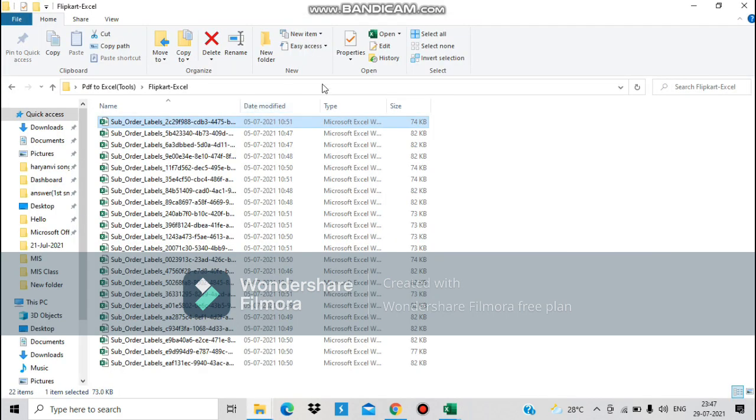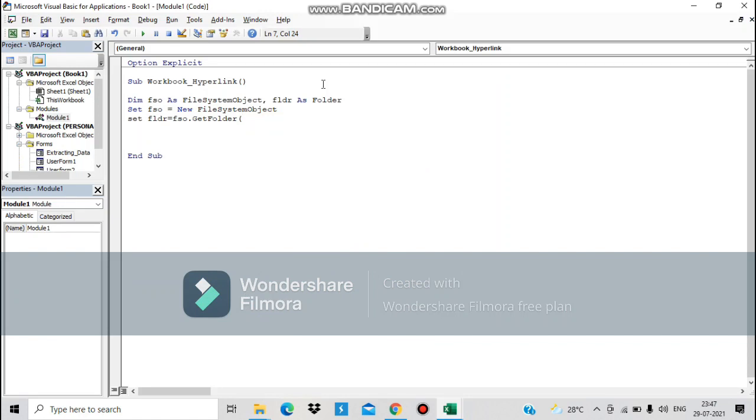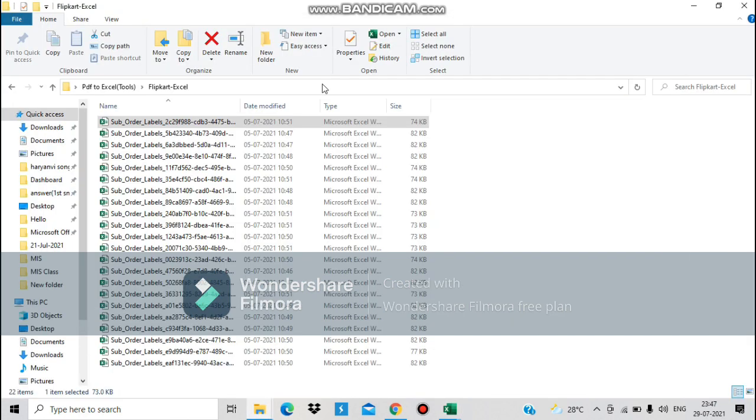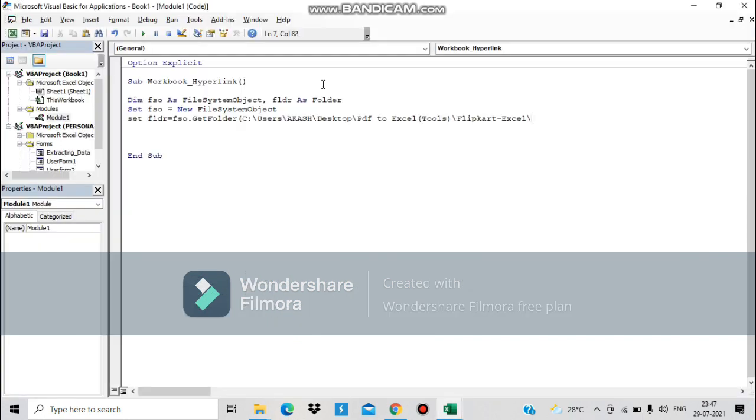So you have to go here and copy it like this, and paste it. I'm sorry. Whatever workbooks are in this folder, all of them are going to be linked as hyperlinks in the sheet.